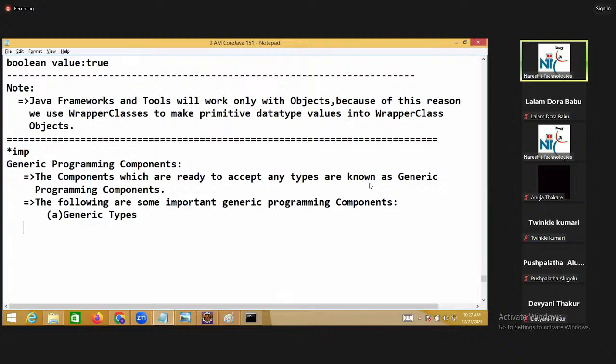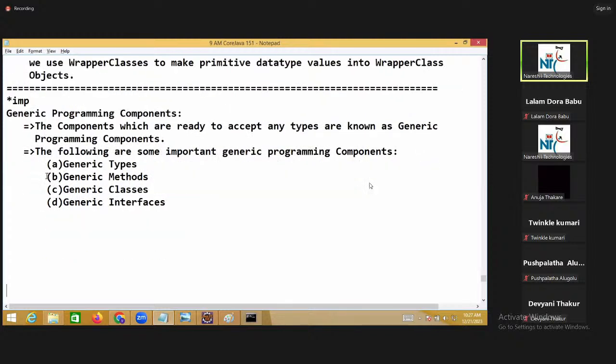Generic types, generic methods, generic classes, generic interfaces.